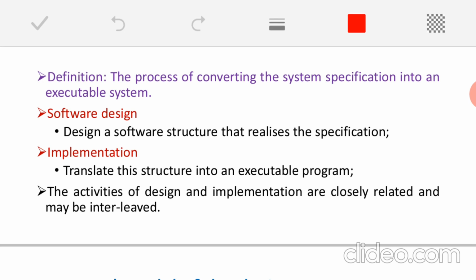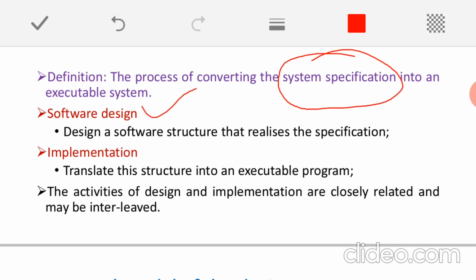Requirement specification. In the requirement specification, we already said that a document will be prepared, that is called what? A system specification. So system specification is nothing but a collection of a variety of requirements that will be defined in that document, and that will be taken as the input for this design and development step. So here we are going to design the system and also convert that design into an implementation.